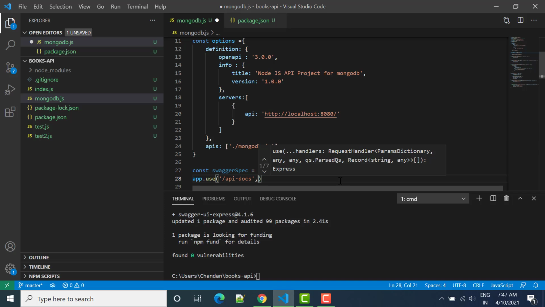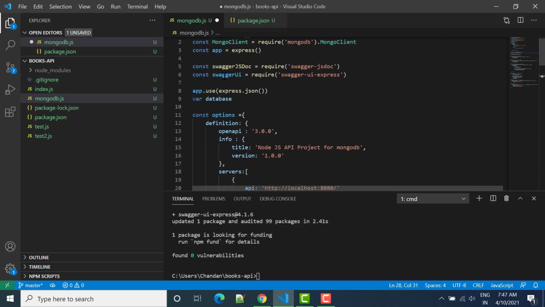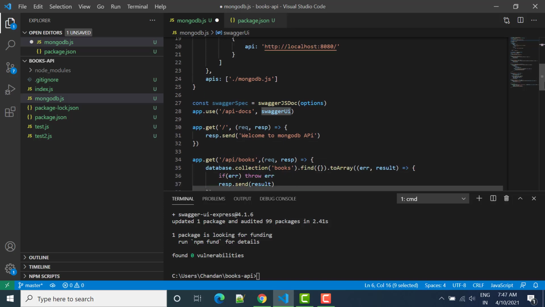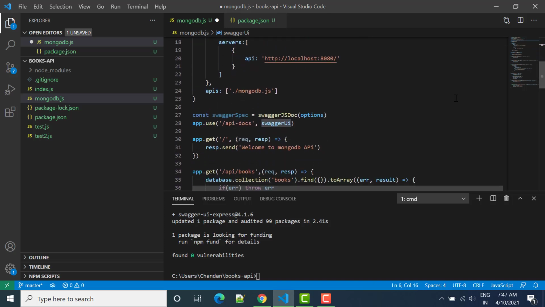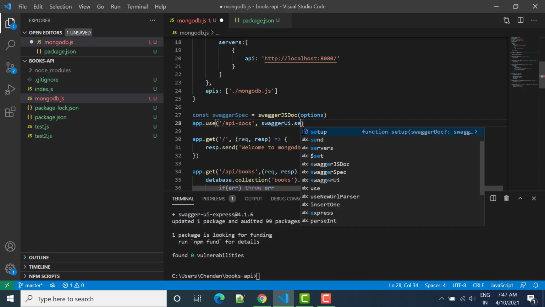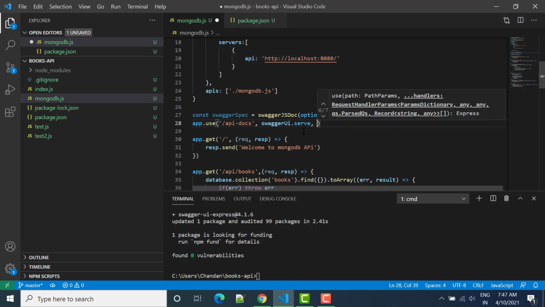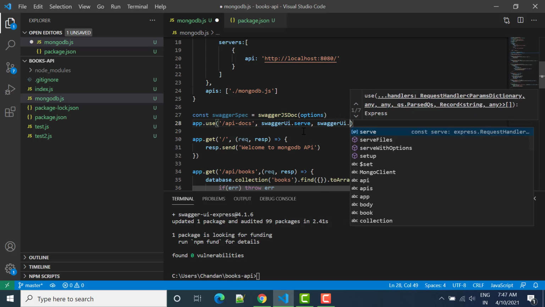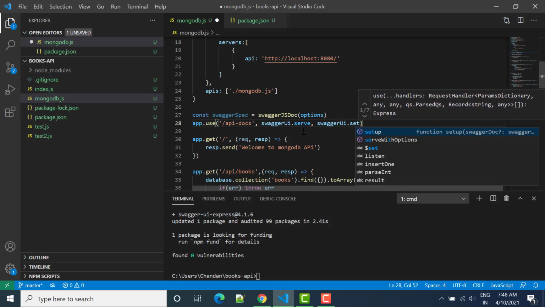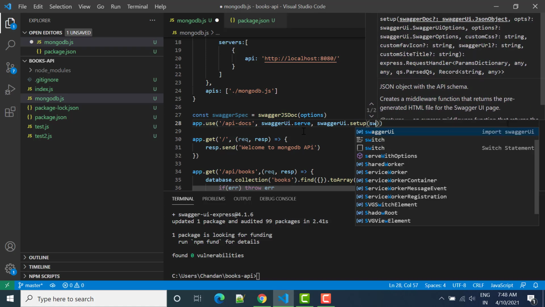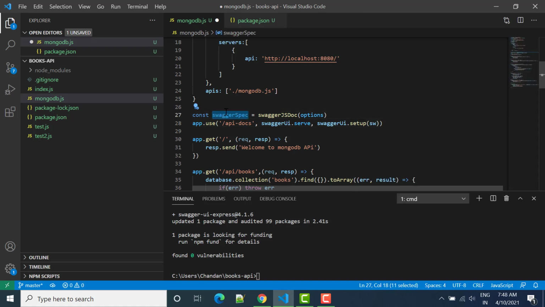This is our URL that we will follow, and after that we have to use the swaggerUi that we created on the top. We use swaggerUi.serve, and after that also swaggerUi.setup. In setup we pass swaggerSpec, this particular object. So here we have given this.